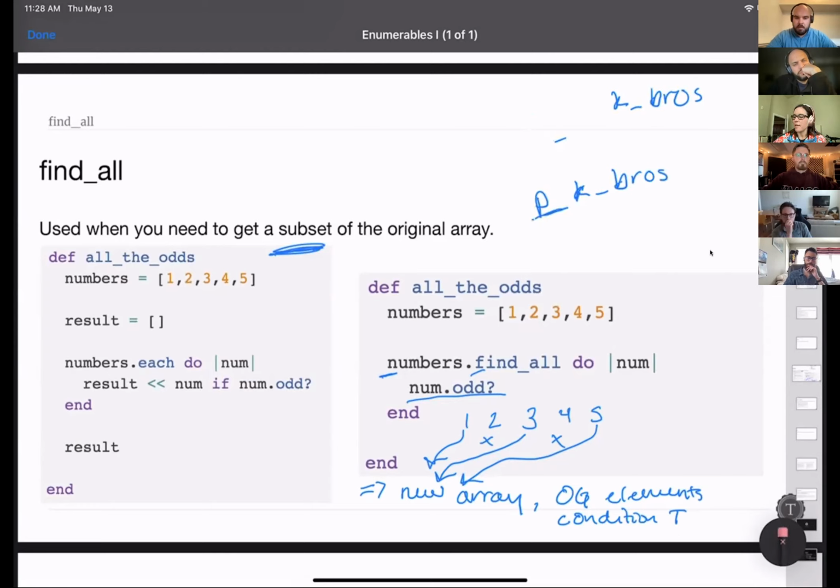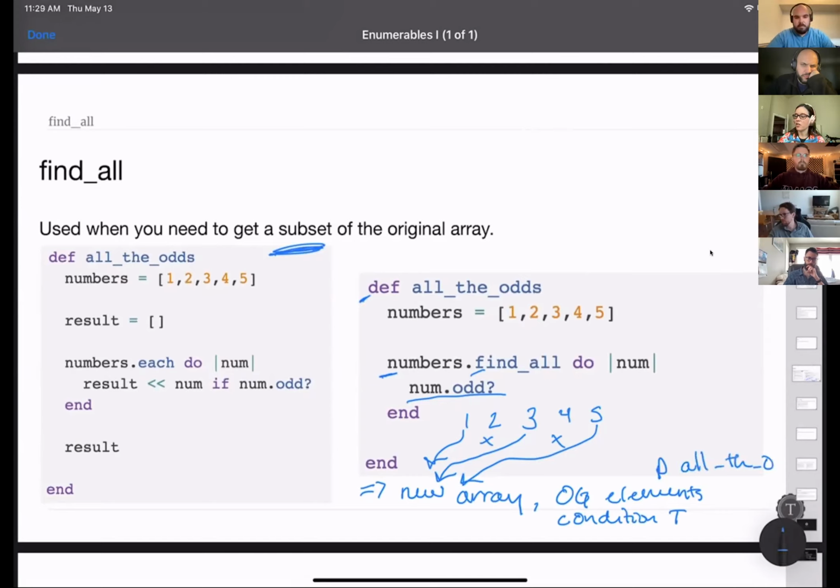In this example, I'm only defining this method. I'm not printing it anywhere here. If I did print this method, somewhere below this end, print all the odds, it would actually print the array of all of the odds, because